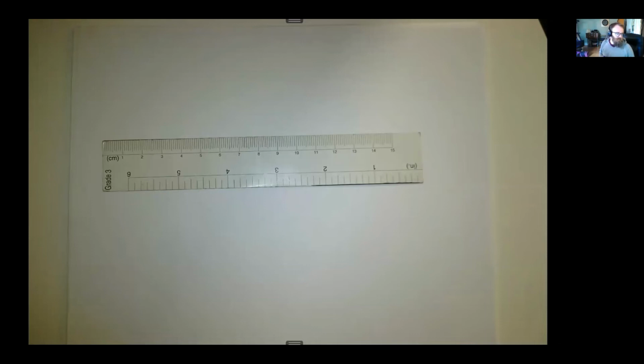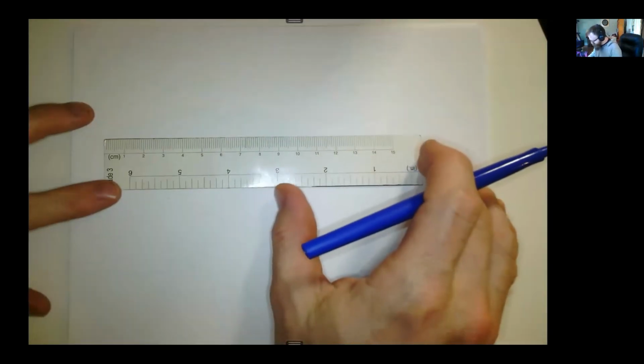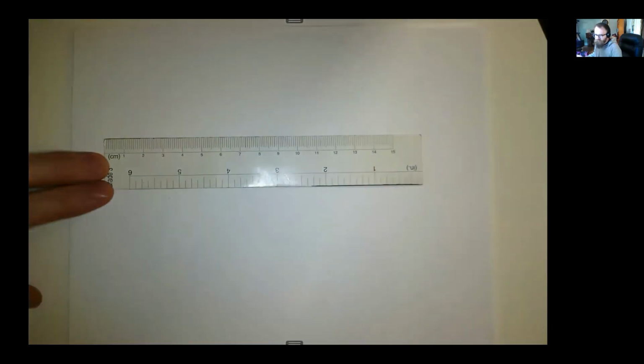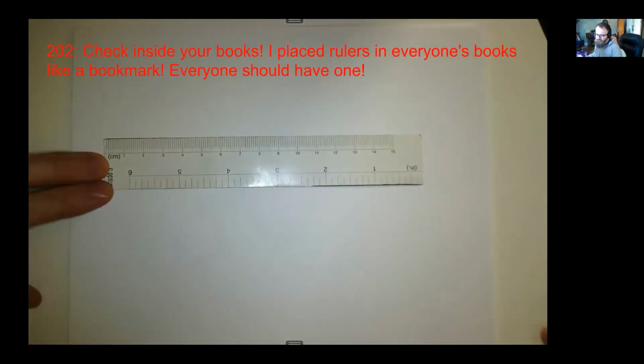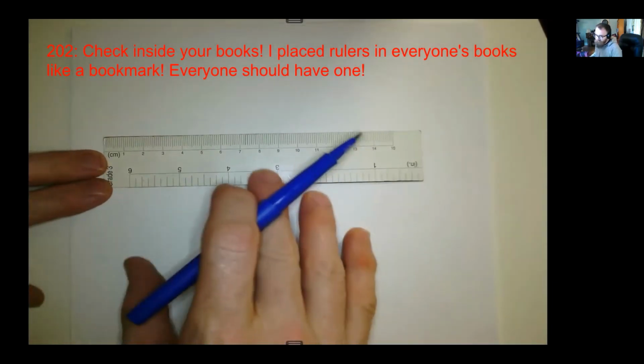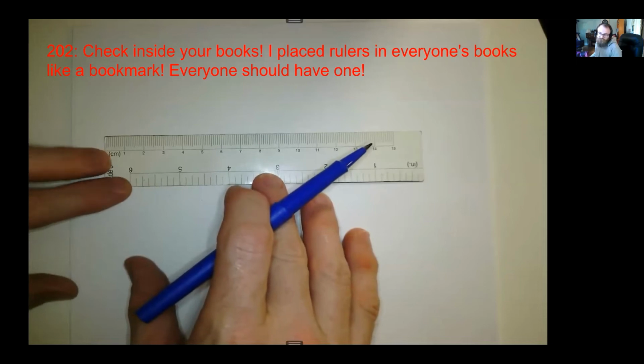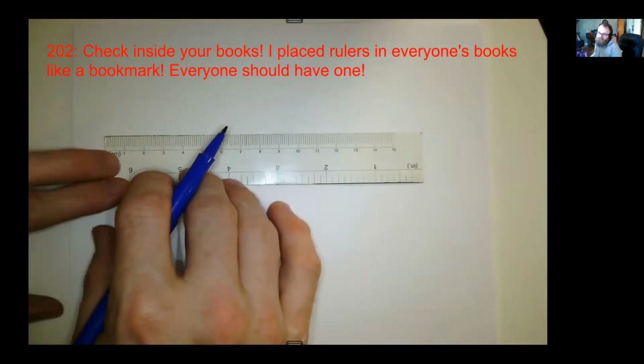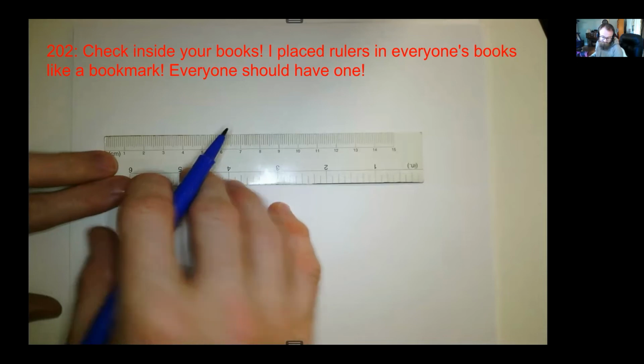Let's take a look at a centimeter ruler and mark 2 centimeters on the ruler. If you're from 202, you should have a ruler in with your stuff. You might have to check inside some of your books. I stuck it in there like a bookmark. If you can't find it, then you're just going to have to listen and follow along, because all we're going to do is make an exact diagram